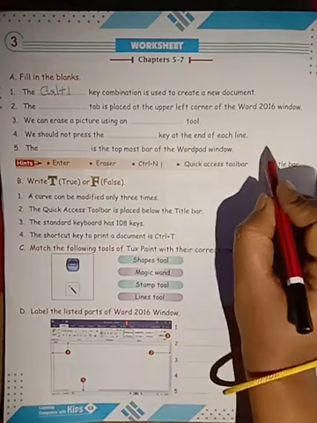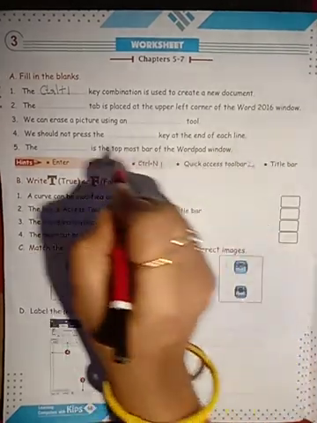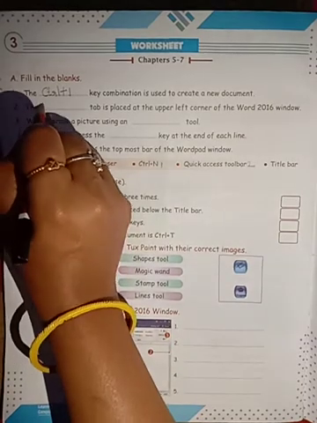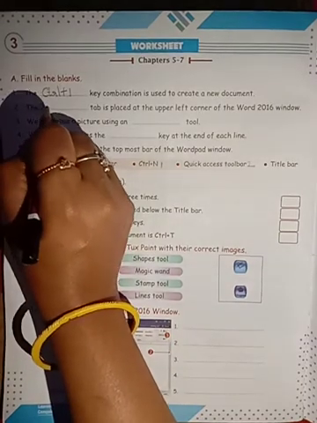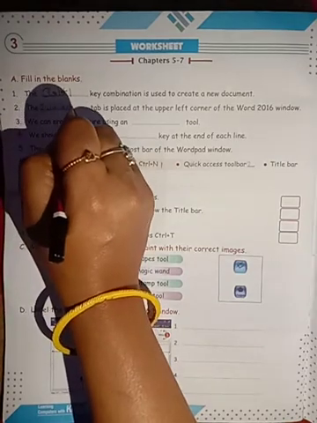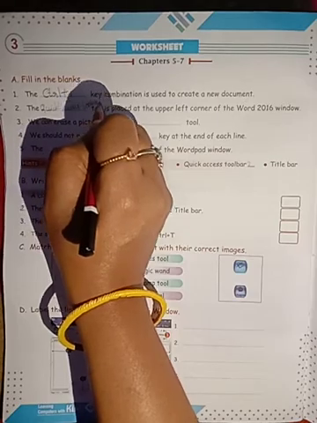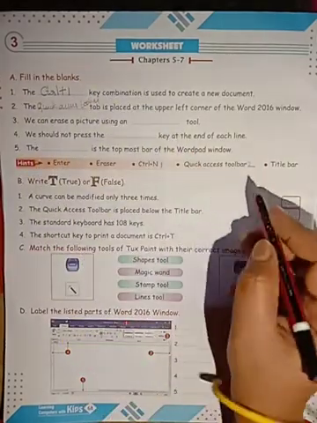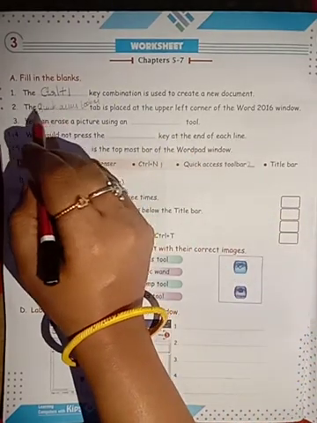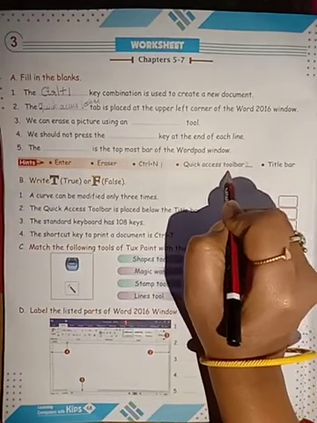That bar is the Quick Access Toolbar, children. Here I will write the number and write Quick Access Toolbar. They have given very little space, so you all can make your handwriting small and write it. This is the second one, children.